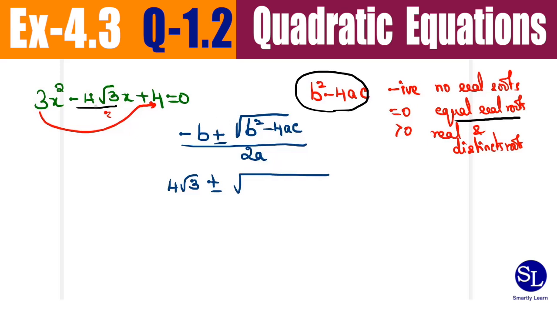Minus I'm ignoring because on square you'll get a positive number. So 4 root 3 we just computed it to be 48 minus 4ac. So in this case also it will come as 48. Remember we just computed this whole thing back as b square minus 4ac is going to be equal to 0. So divided by 2a, which is 2 into 3. So this section is going to vanish. So 4 root 3 by 6 you will be writing twice.